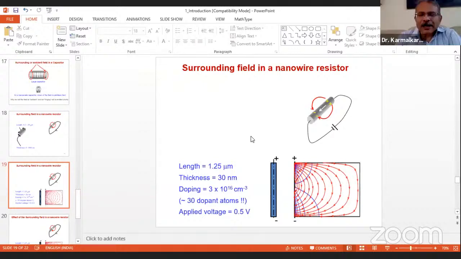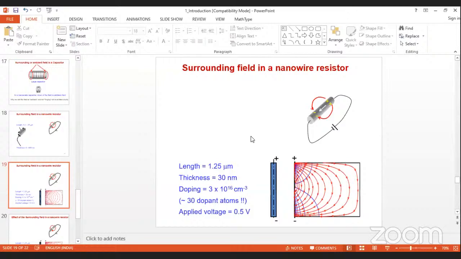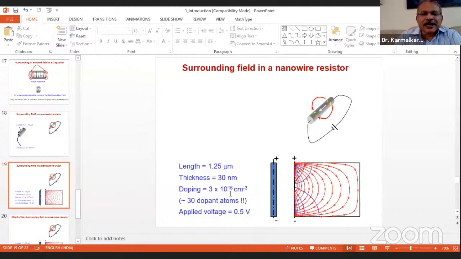Correct. So instead of R, here we are talking about thickness. So it will be R 15 nanometer. So pi into 15 nanometer square into 1.68 micrometer length. Okay, you do that and then multiply that by this 3 × 10 power 16, you will get the number of dopant atoms in this.